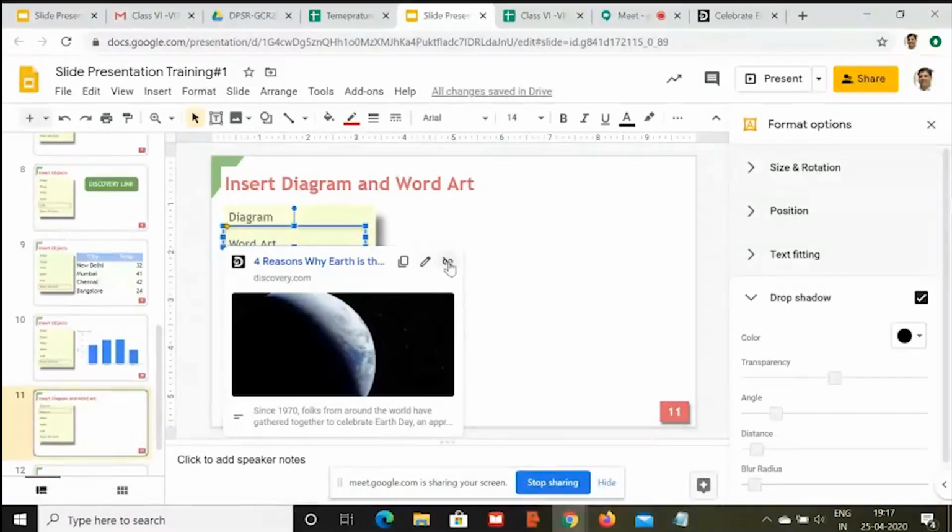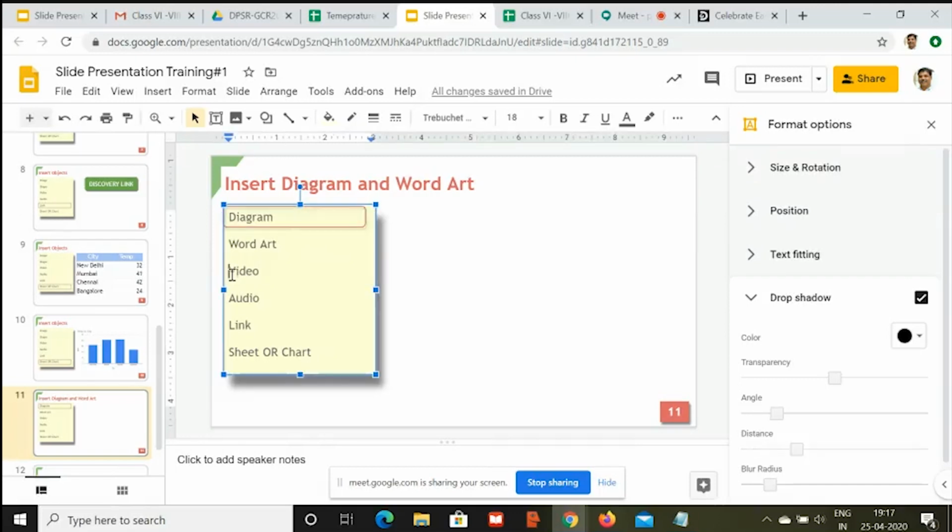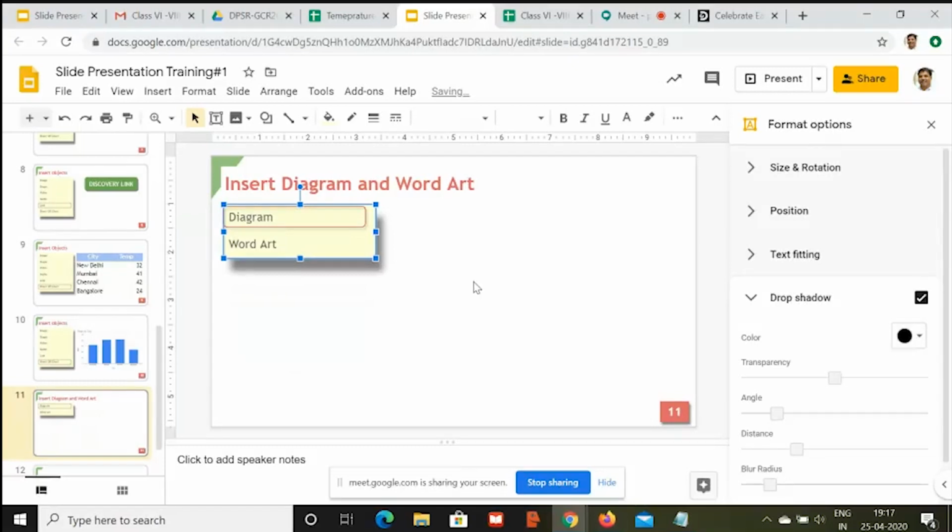This was linked, we did not unlink it. And then I'll remove these options as we have already covered them in the previous slides. And let's reduce the size of this menu of ours. Yes, now we are ready.